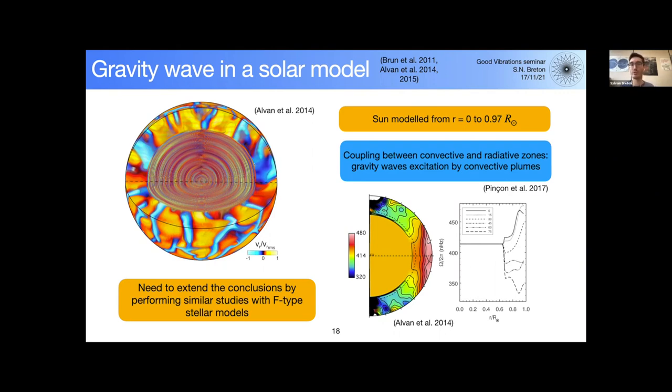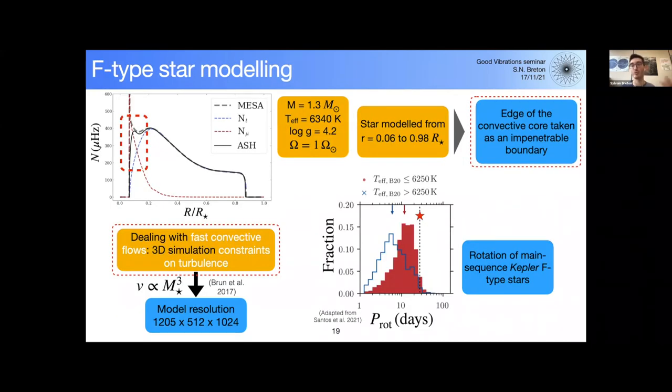So if we want to study F-type stars, we need to extend the conclusions of this work by performing similar studies with an F-type stellar model. But it's not straightforward to go from a solar model to another stellar model. You have several things that change and that you have to take into account in order to develop your 3D stellar model. So how did I model the F-type star for the simulation? If you take the 1D profile computed by MESA for an F-type star of 1.3 solar mass and around